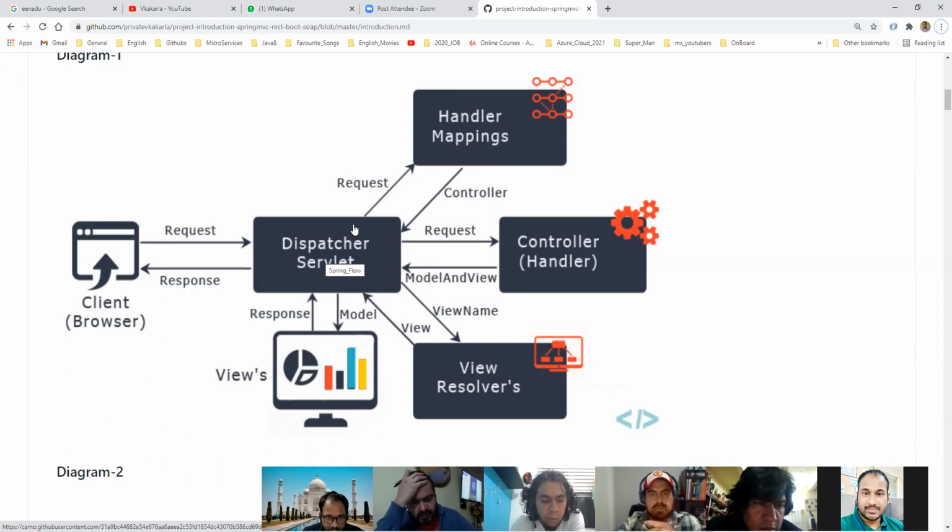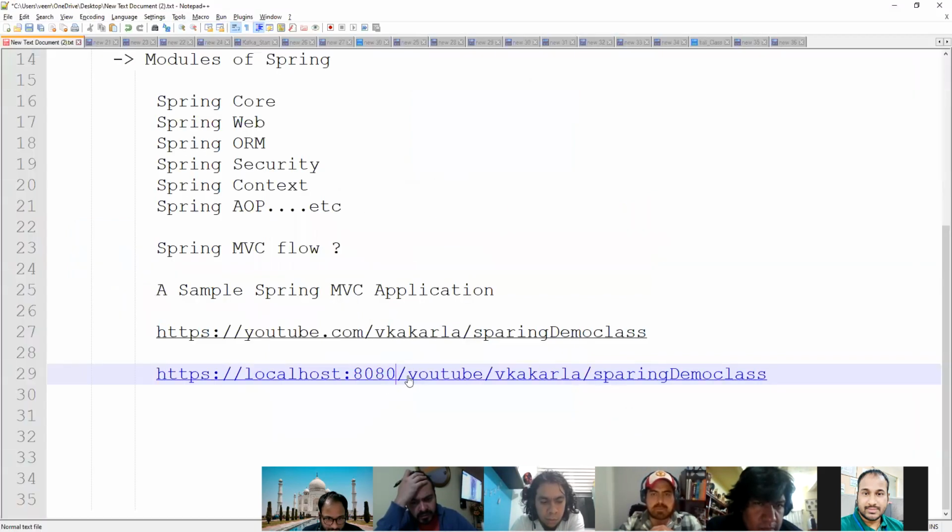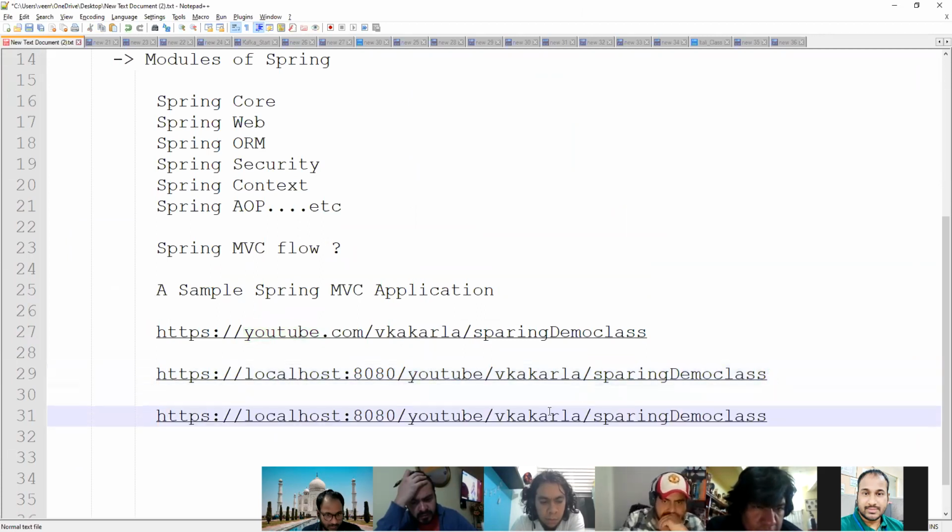The handler mapping will say, this is the YouTube controller, some YouTube controller will be the main class. You can convey this URL like this. Employee.